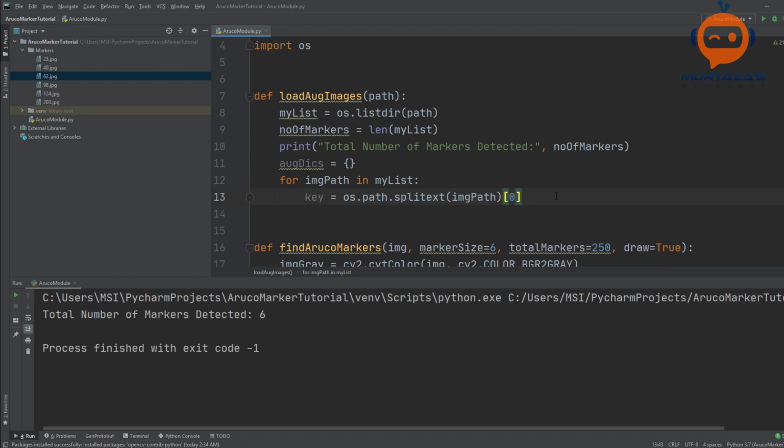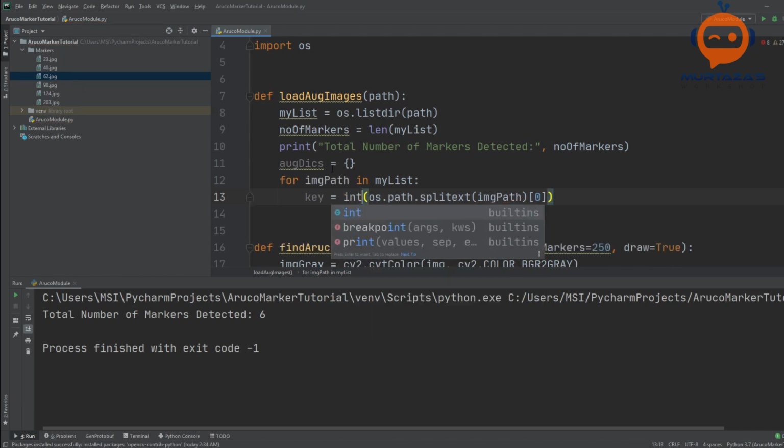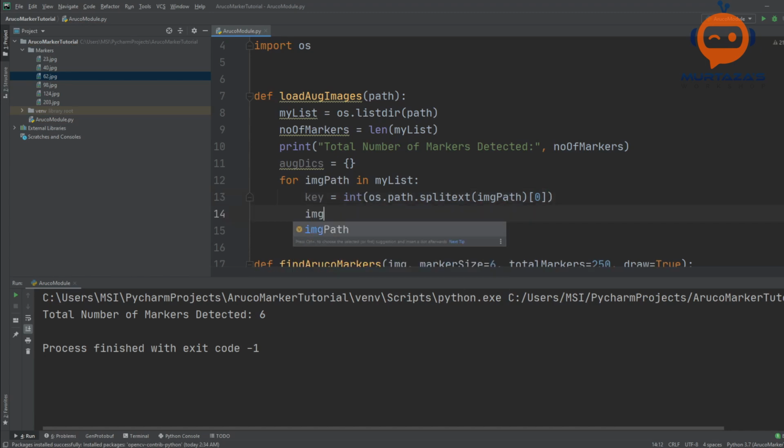So this will be our key, but we will also make sure that it is not a string, it is an integer. Our key is an integer. Okay. Then we will have our image augmentation. Image augmentation is equal to